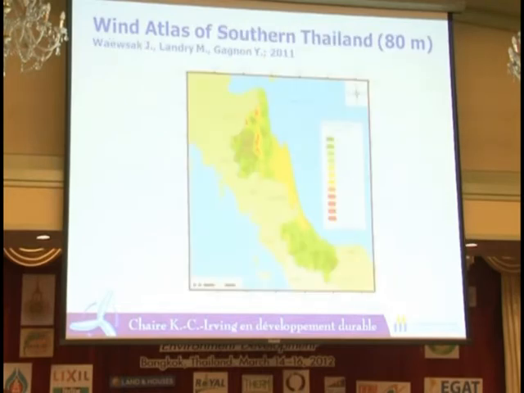We've started to do some work with Professor Jumbo out of Taksim University in Patalong campus. And so this is the wind atlas of southern Thailand. So we see that in southern Thailand there are some good locations to install wind farms, notably in zones of elevation here. This is the province of Nakhon Si Thammarat and Songkhla provinces in Thailand. So you see that there are some opportunities here in Thailand, but ideally we would make the wind resource map of the whole country of Thailand, and hopefully we'll be able to do that in the next few months or